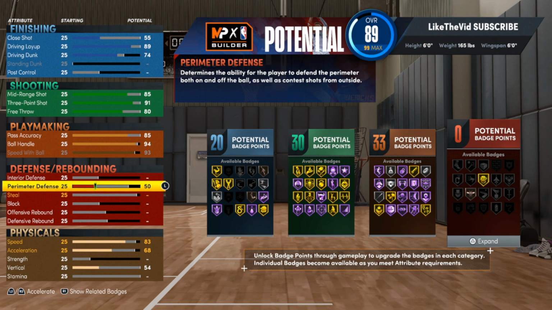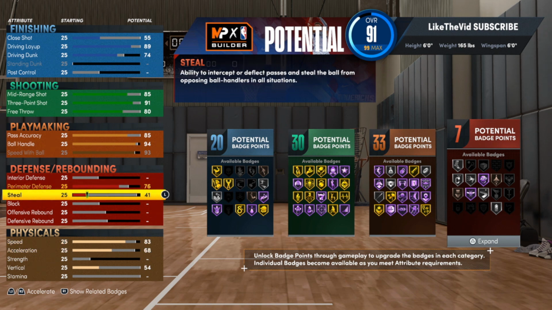Now for the perimeter defense, we're going to go up to a 76. AI wasn't really known for his defense, but I at least want to have a silver clamps on this build. For me, this makes the game a lot better. Now, one thing that you may or may not know, his steal has always been high. So that's definitely something you want to do. You want to be able to play those passing lanes, and you want to get off-ball, on-ball steals